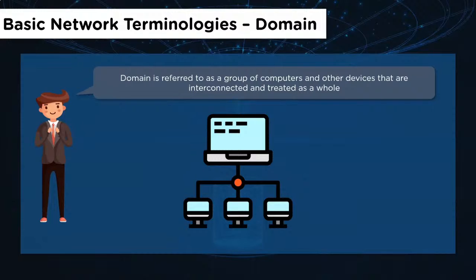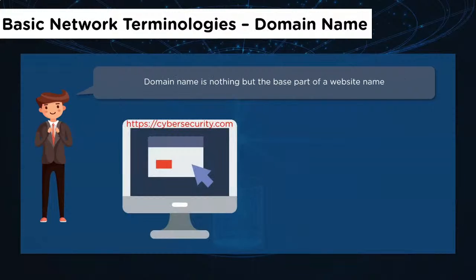That is why you are going to have a centralized approach of a server-client relationship, where you have a main domain and devices connected to the domain. Now, when we go onto the internet, the domain name is nothing but the base part of a website. So when you type google.com in your browser, you're taken to the web page called google.com, which is the search engine that you're connected to.